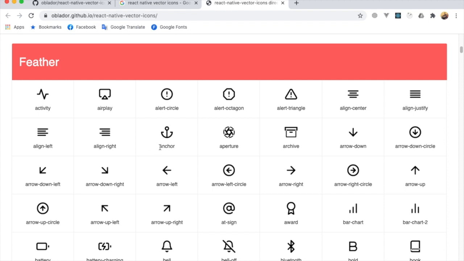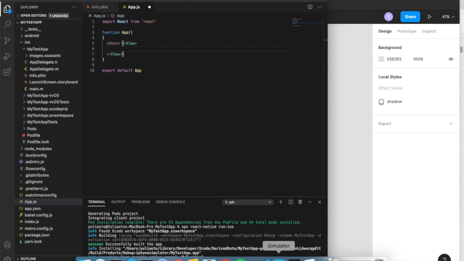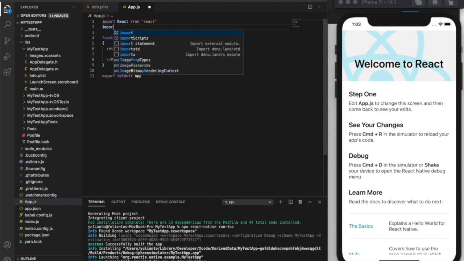So I'm gonna create this anchor icon. So sorry. So inside this, I'm gonna import the Feather icon first. The name is what you want to use. You can use Icon or anything,